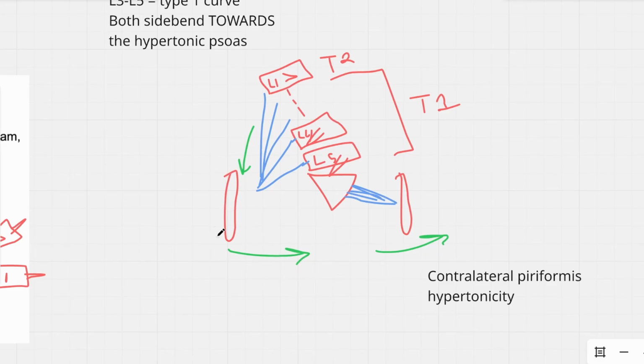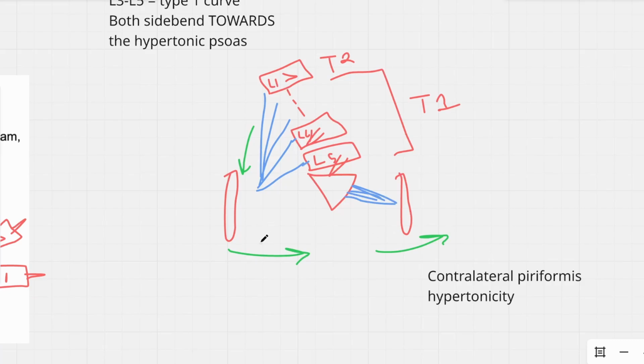In other words, these big ovals here are supposed to be your pelvis, the innominates. So your innominates are getting shifted to the right to kind of balance you, and that ends up resulting along with possible sacral dysfunction as well, sacral torsions or rotation that happens. You tend to get contralateral piriformis hypertonicity as well. So kind of complex, but just think the spine side bends